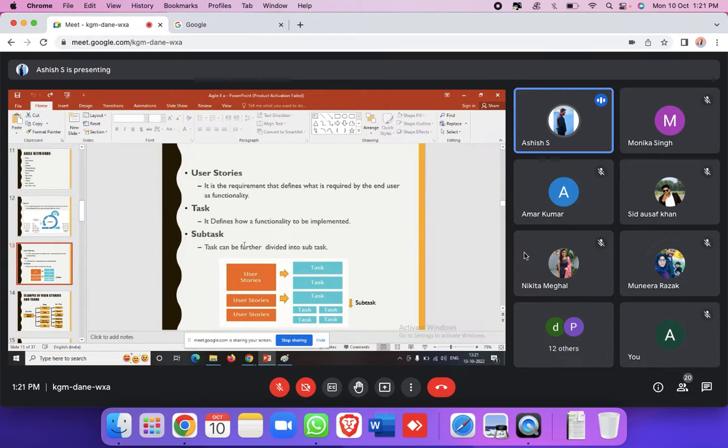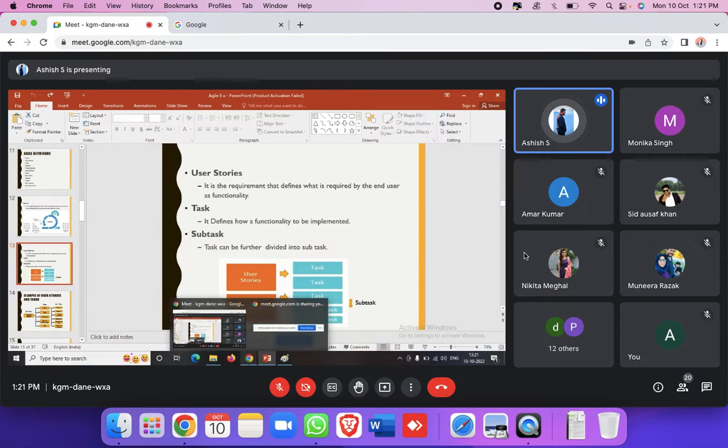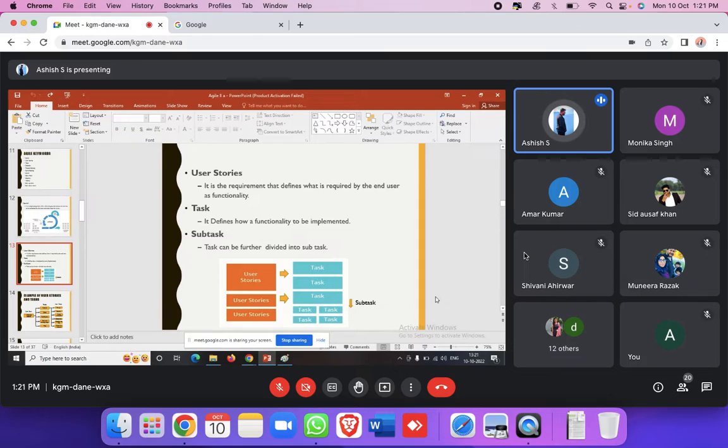Yes, sir. So once this agile session is done, what you need to do is write down all the user stories in your particular application, then divide those user stories into tasks, and divide the tasks into subtasks. Clear? Everyone should do it, keep me in the CC, and mail it. Fine? I'll drop my mail ID in the chat later on. Anyone, remind me to drop the mail ID.